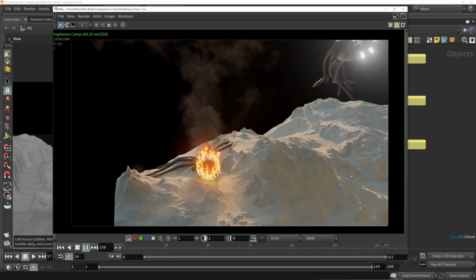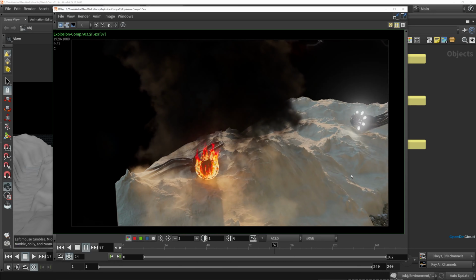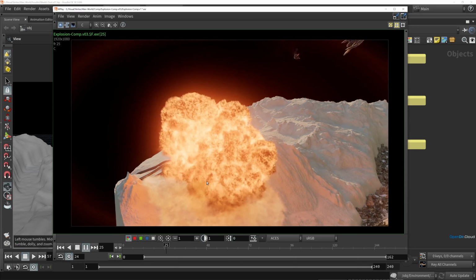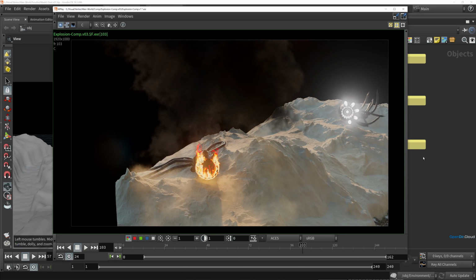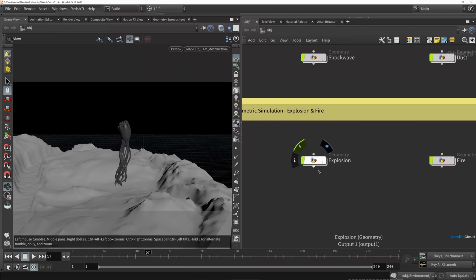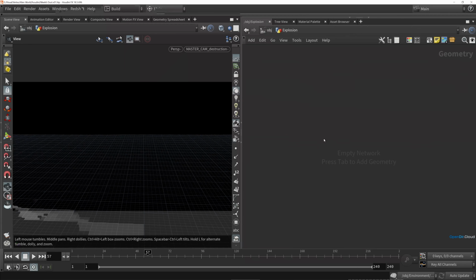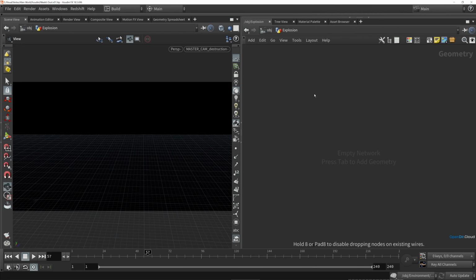it's actually fairly straightforward to set up the source for this explosion. The latest versions of Houdini come with some really nice tools that help us to create the source volumes that we'll need. So let's go into our file here, and I've created a geometry object to work on our explosion here. So inside this explosion object, let's first drop in our pyro solver,